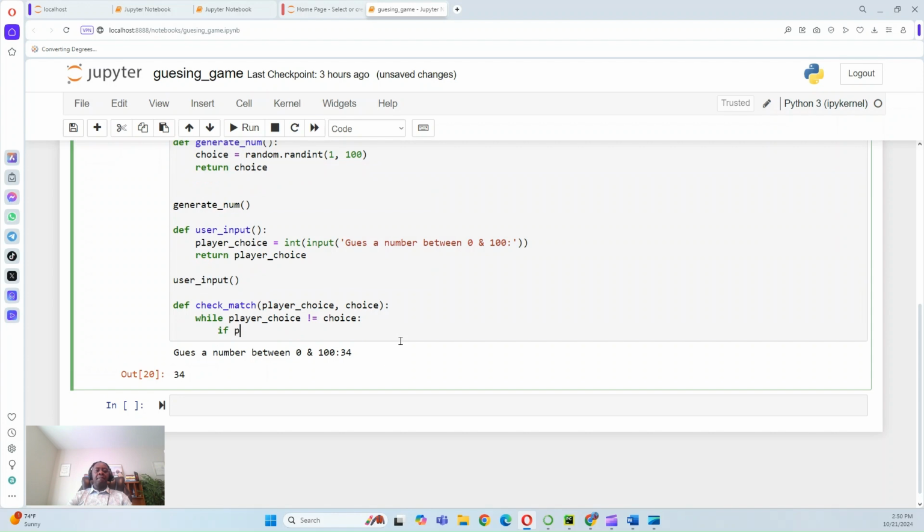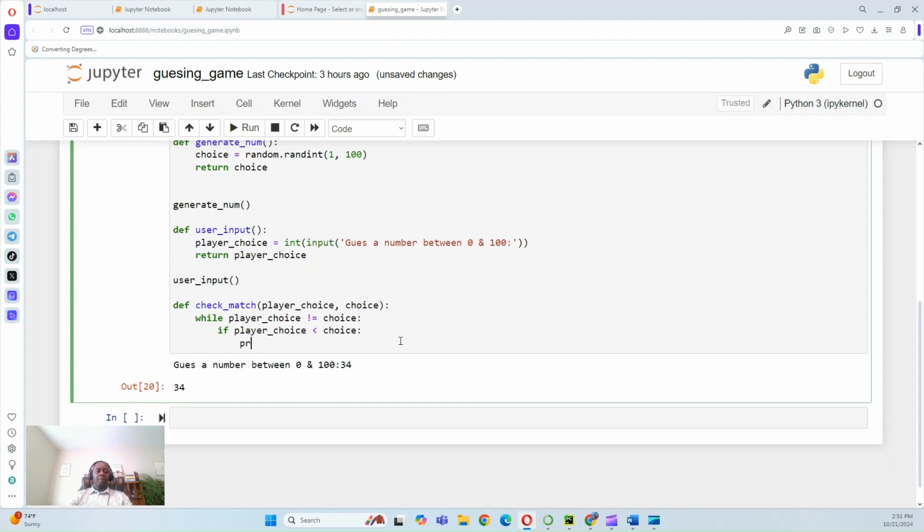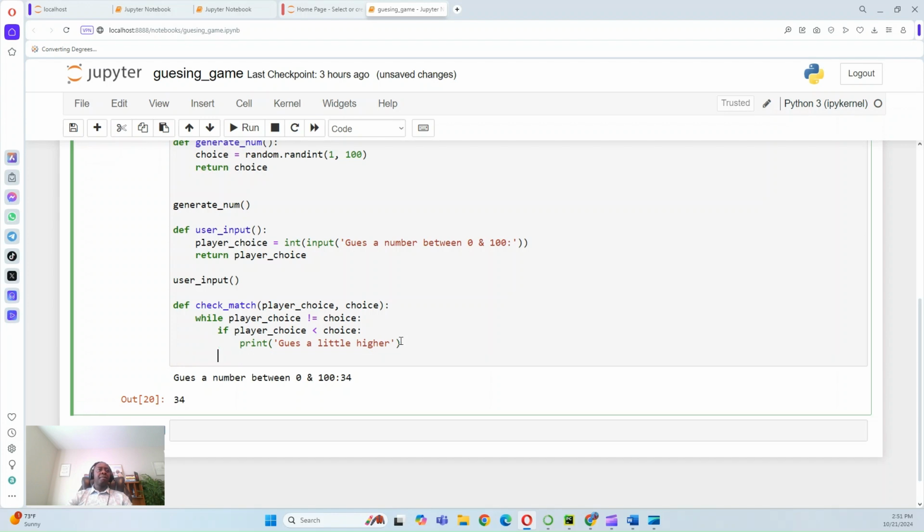So I'm gonna check if player choice is less than choice. Print, I want to prompt the user to guess a little higher. Else if it is greater than choice,